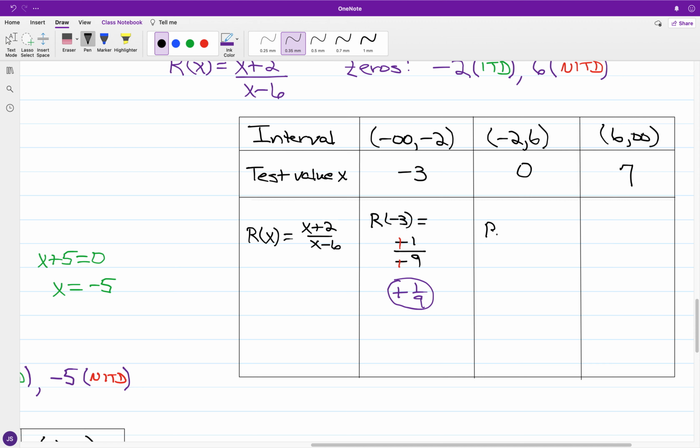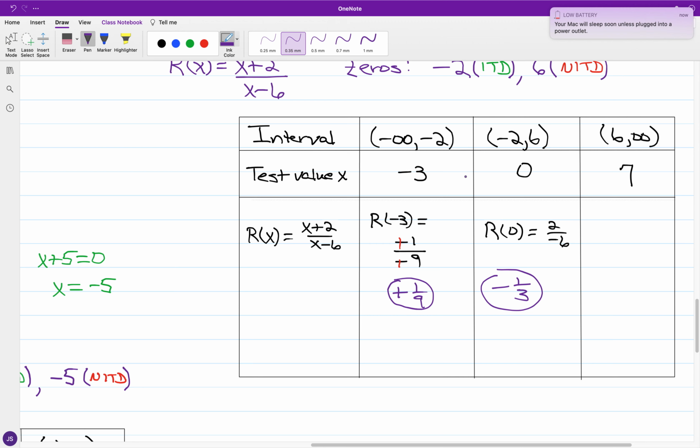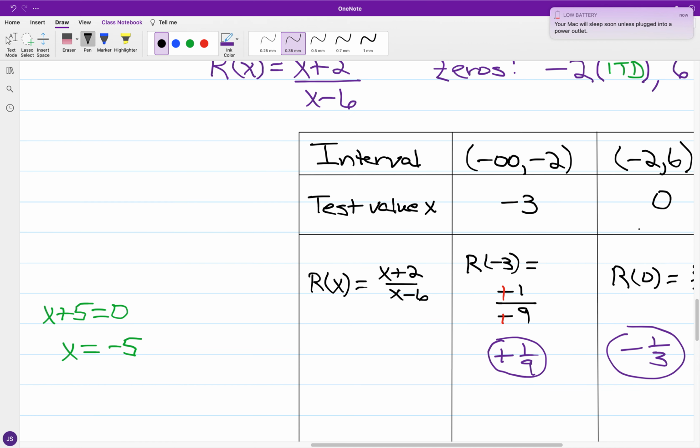And for r of 0, okay, so we have 2 over negative 6, and that is reducible to minus 1/3. Okay, and for what we have in the case of r of 7, okay, so we have in this one,